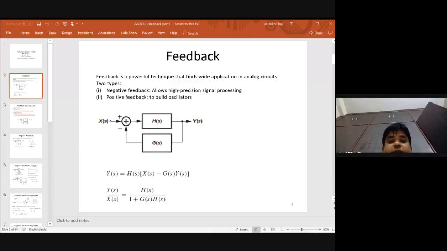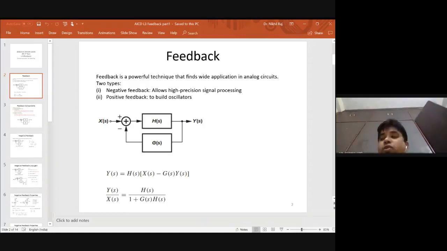Like in any circuit, or generally in your control system studies, you must have studied open loop and closed loop systems. Open loop system, what was the drawback? If suppose due to some noise our bounded output goes into unbounded conditions, then we cannot control it, so we need to give some type of feedback. In circuits, we give feedback when our desired output is not achieved, like due to noise, some amplification is there, or we cannot control the gain due to certain variation. We need to control that parameter.